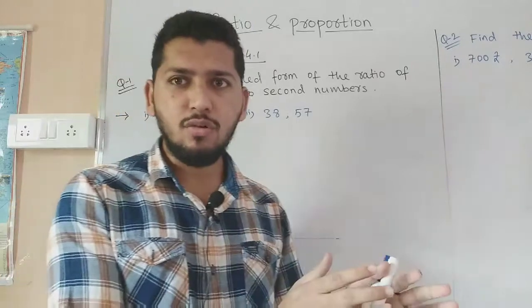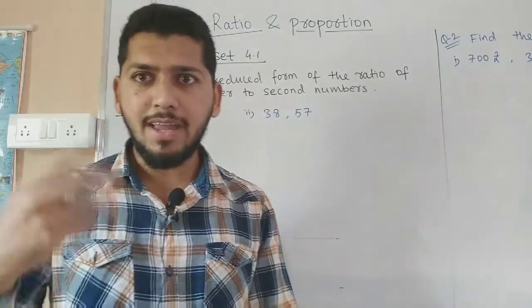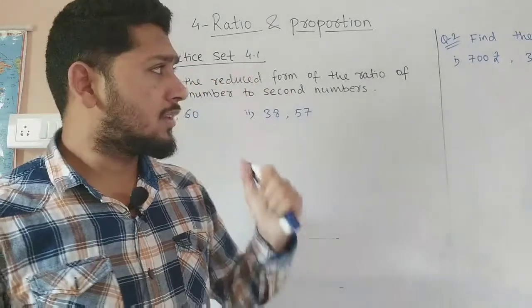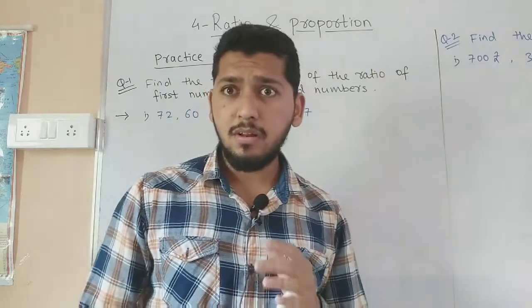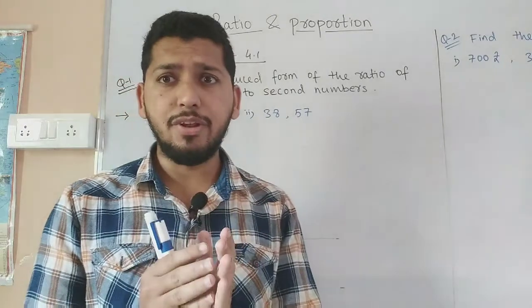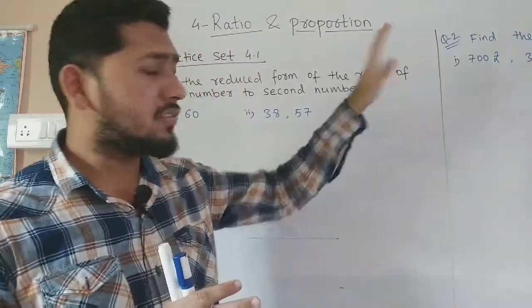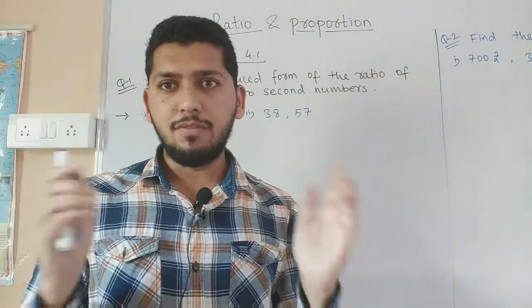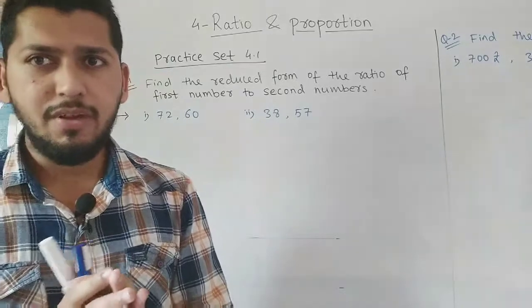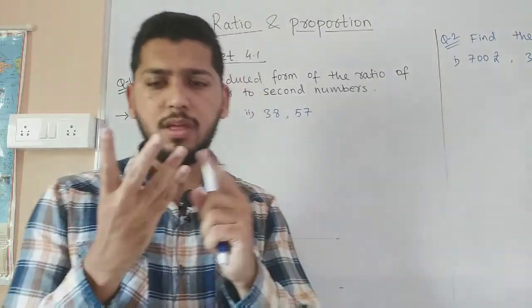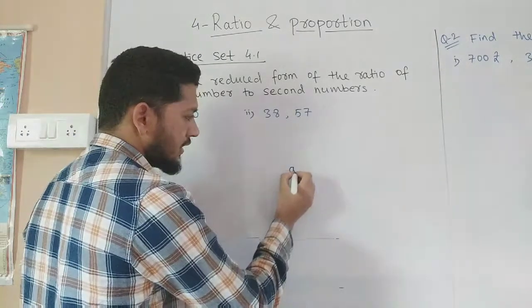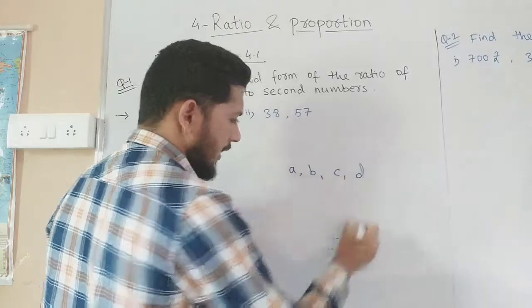If you divide the first quantity by the second quantity, the result you get is called the ratio. This chapter is very simple. We have to just understand the concept, how we have to calculate and divide the ratio. And proportion is when the numbers we have divided have equal ratios. When any four quantities are there, suppose A, B, C and D.